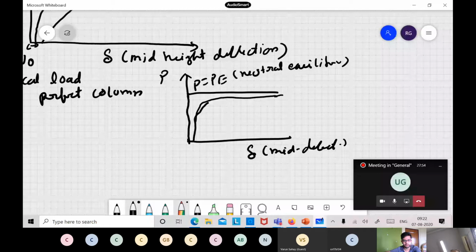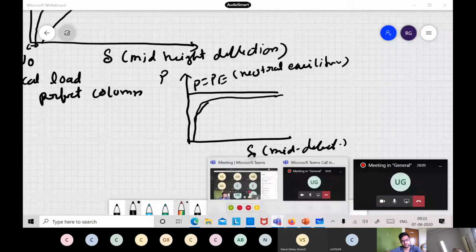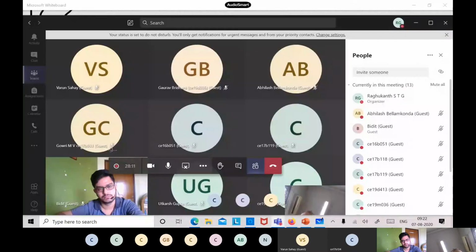Now for an imperfect column, what do you mean by critical buckling load? Like you told, the critical Euler load is underestimating the thing. That is perfectly fine. So if it is underestimating, what is exact? How do you calculate this critical buckling load for an imperfect column? I have shown you the load versus deflection diagram. Which point will you take as the critical buckling load? We limit the deflection and take the P value. No, where? How will you limit the deflection?